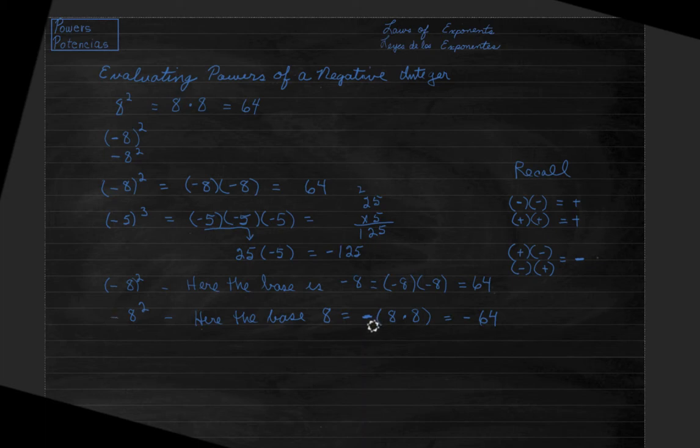So aquí lo que dice, multiplica 8 por 8 y luego hazlo negativo. So, el 8 por 8 me da un 64 y con el signo de menos me sale un 64 negativo. En este caso, lo que estoy multiplicando es un 8 negativo por un 8 negativo y me da un 64 positivo. So, estos salen con diferentes signos. Eso quiere decir que no son iguales.